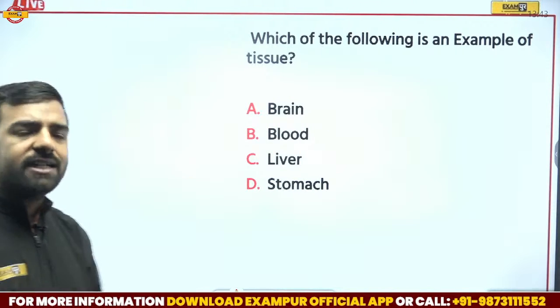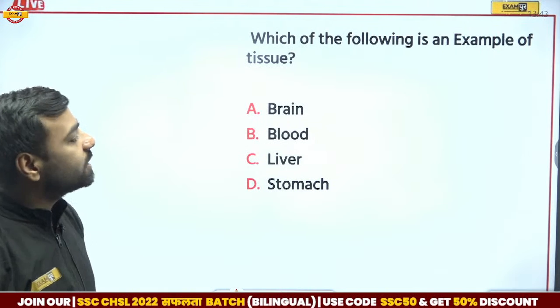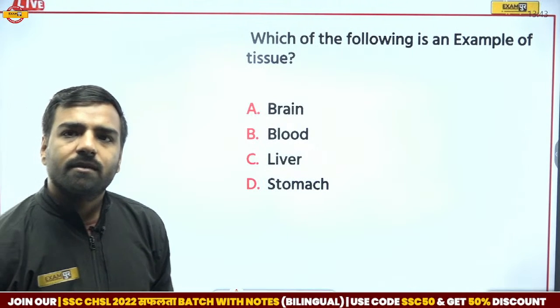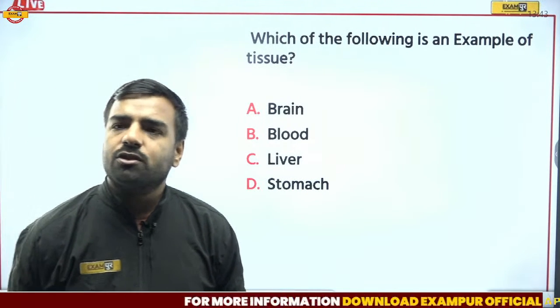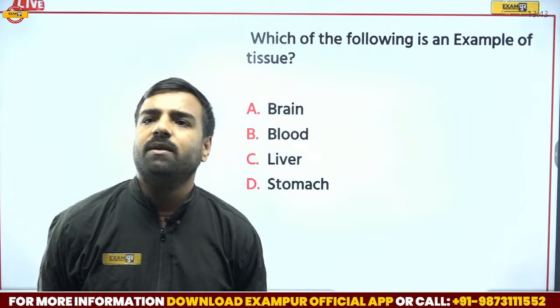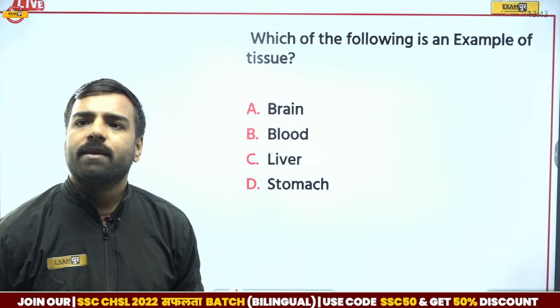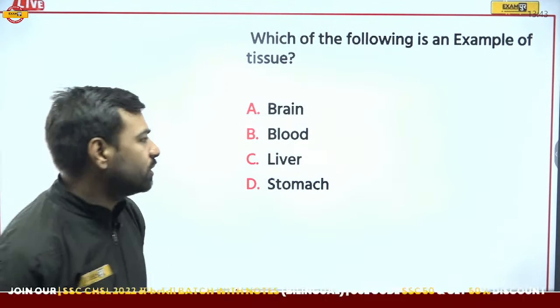Okay, let's get back to our question. Which of the following is an example of a tissue? Is it brain, blood, liver or stomach? What do you think? So Kirti is going with blood. Avan is also going with blood. Jagdishwan is also going with blood. Jia and Danadi, what do you think? What is the correct answer over here? So Jia is also going with B. Remaining are organs. That's true, Jagdishwan.